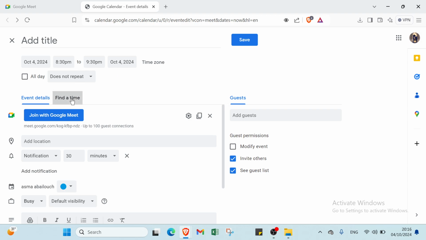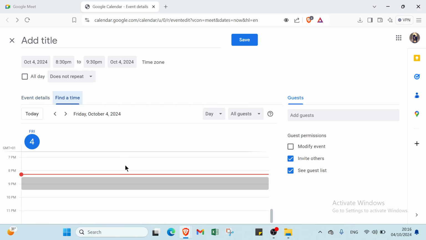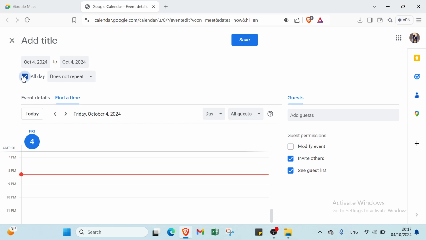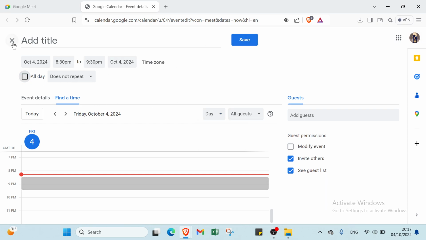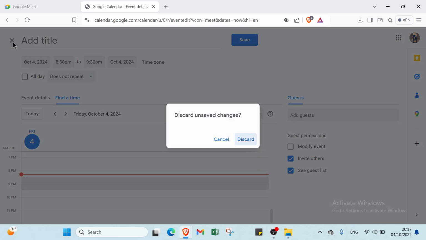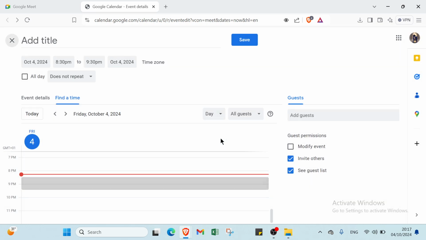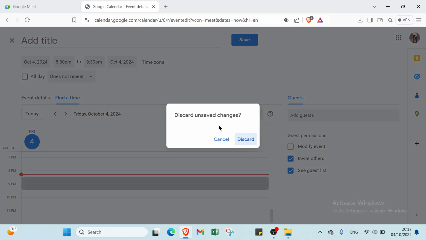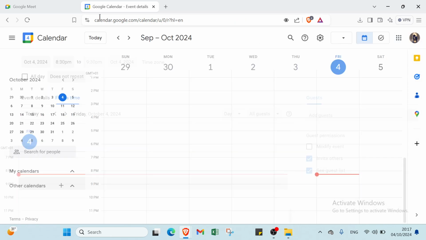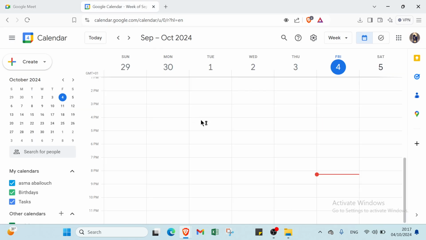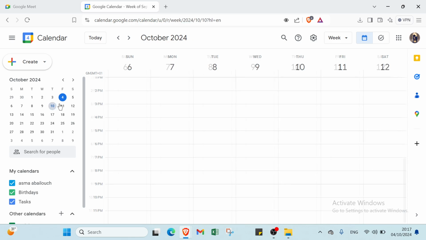Then also here we have find a time, as you can see. You choose if it's a day or all guests. You select also all day, and then you click over save once you're done with that. Once you're done, you click over discard, and let's come back. But we have also here we select the data we want,